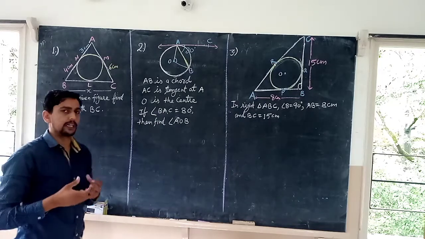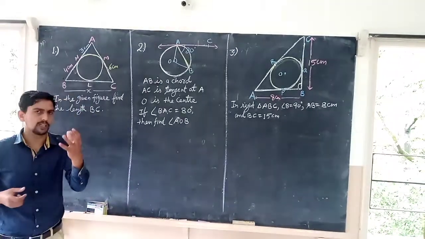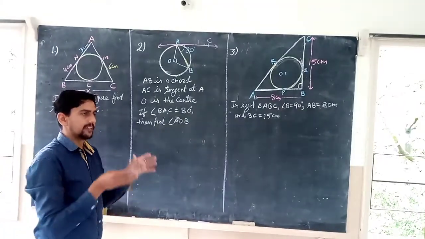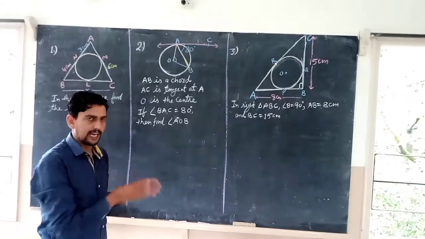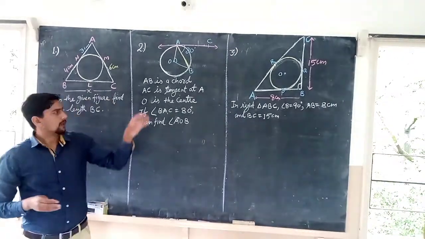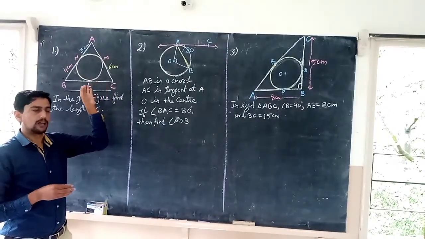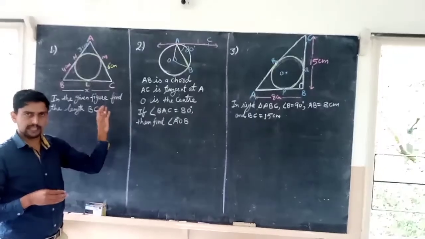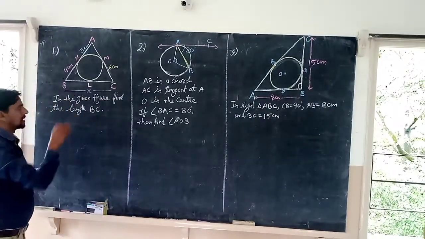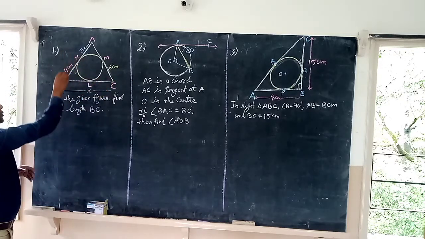So now how can we use the property of tangents? What are the properties of tangents? We have two properties of tangent. One, a tangent is perpendicular to the radius. And the second, which we have proved, is that tangents from an external point are equal in length. So these two properties we have learned, and we will use the second one. What was that? The tangents from an external point.